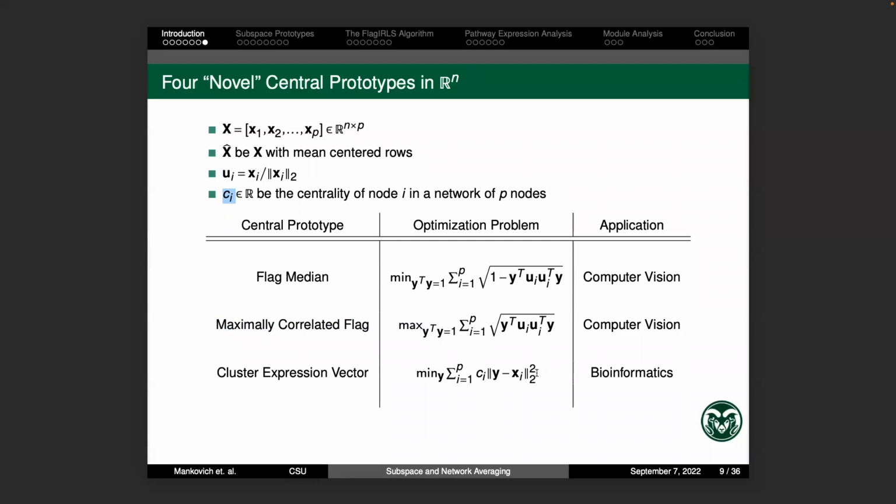So this is really the exact same as just calculating the mean of the data, except we're weighting each point based on its centrality in a network of p nodes. And the centrality carries the biological information of each of these points in terms of how they're related to one another. So it's almost just a mean, almost just a centroid in Rn, but it's a weighted centroid and